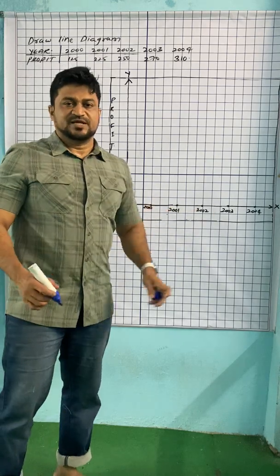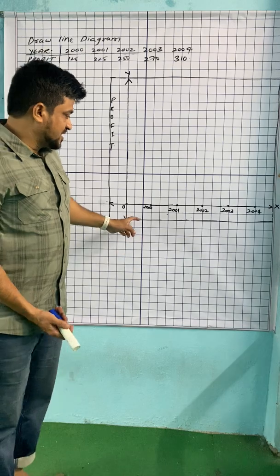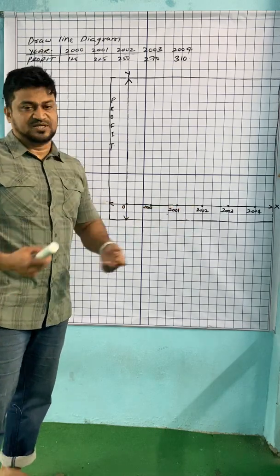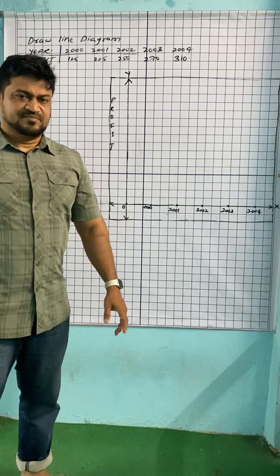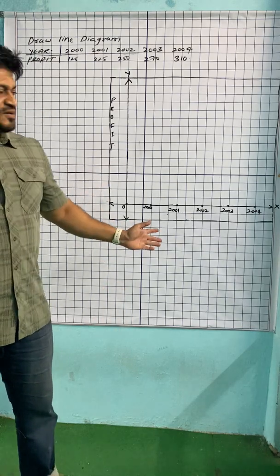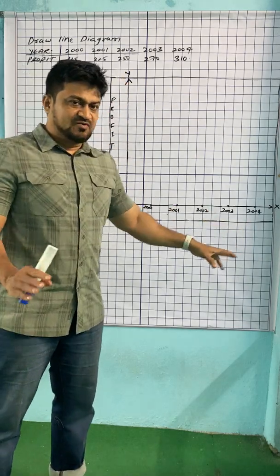Equal intervals should be there. What does it mean? Whenever you are drawing any graph, you should keep in mind to have equal gaps in between them. Don't think that this is a dark line because I have made this print that way. What you need to do is think that this box is graph paper.